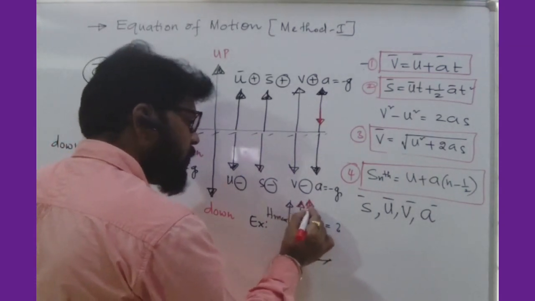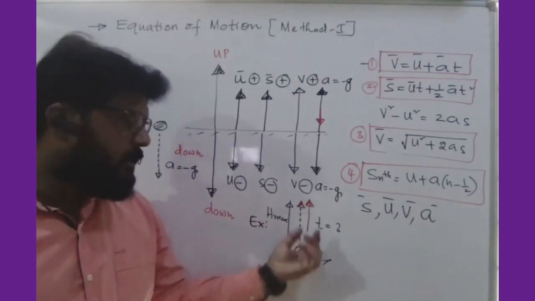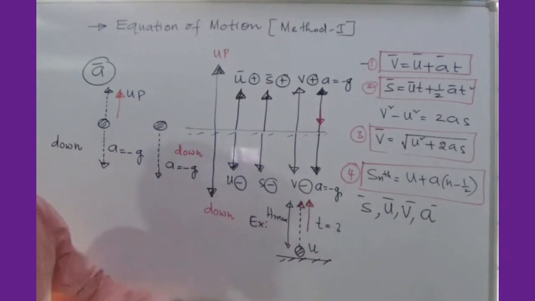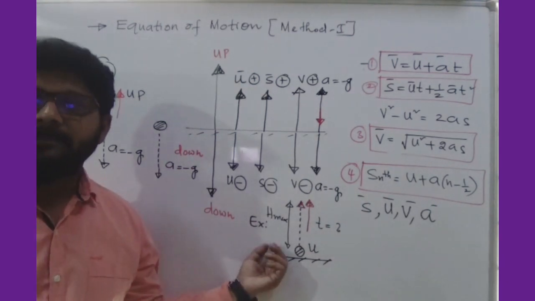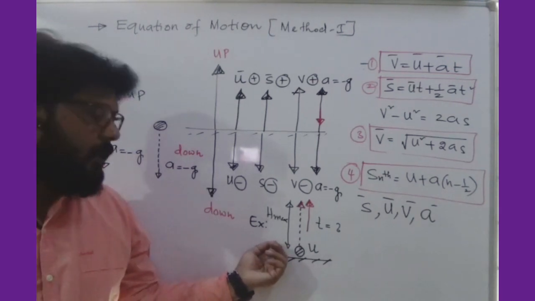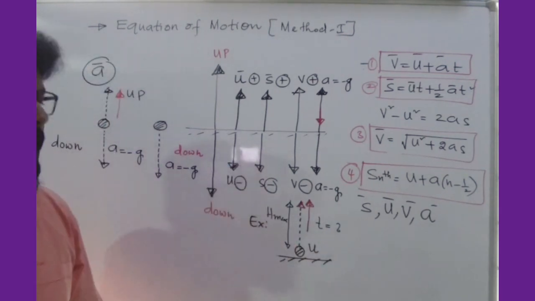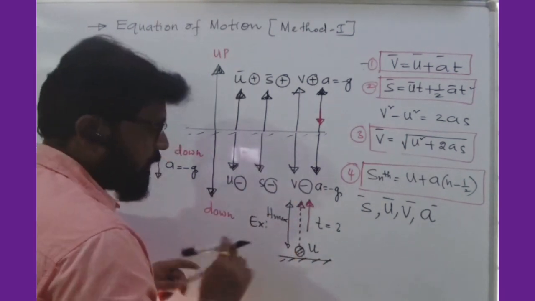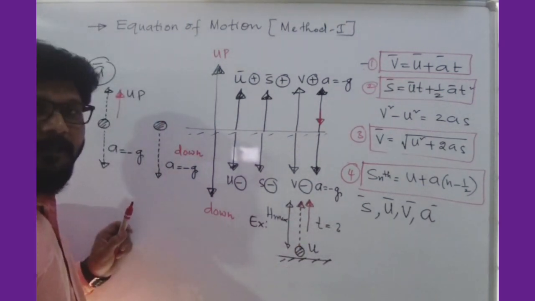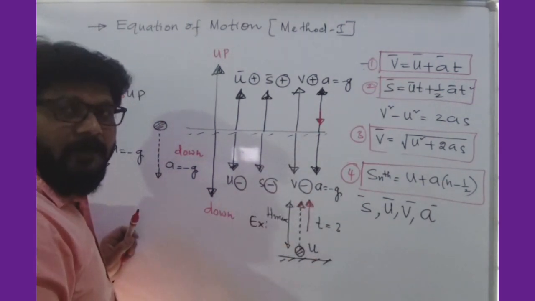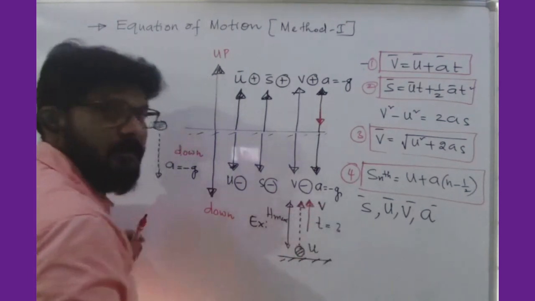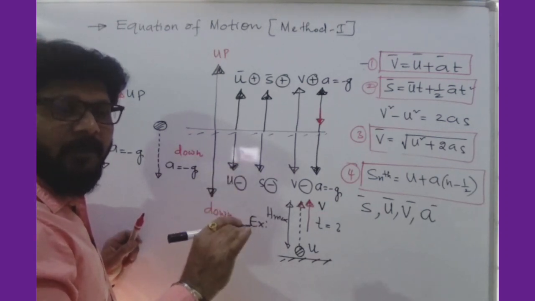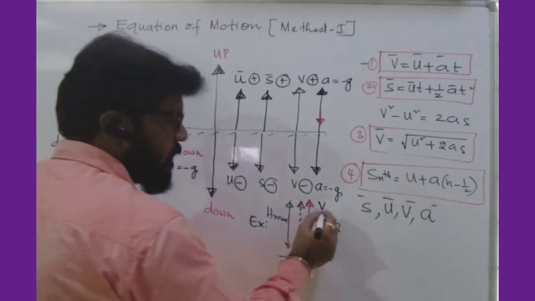A body is moving vertically upwards, that means it is reaching maximum height. First question, what is the time taken to reach maximum height? And what is the maximum height? See, when it is going in upward direction, you know final velocity. Can you tell me what is final velocity? When it is projected vertically upwards, what is the final velocity when it reaches the maximum height? What is the meaning of maximum height? The final velocity will become 0. From that onwards it will return back. So final velocity is 0.